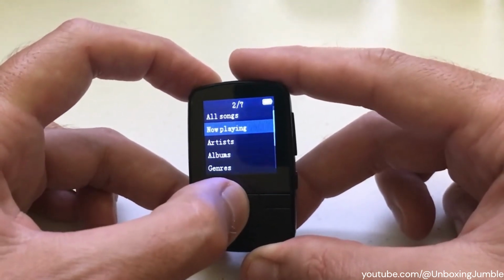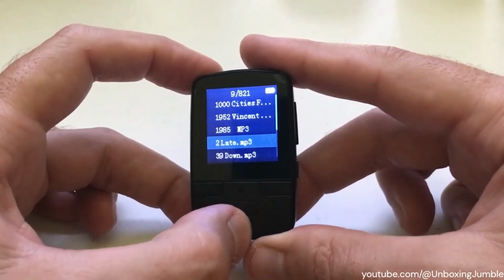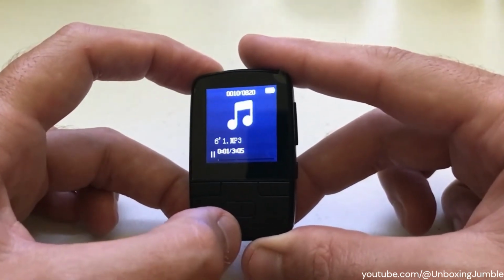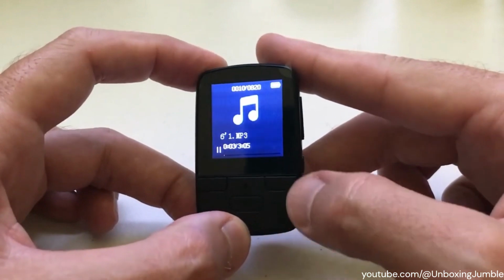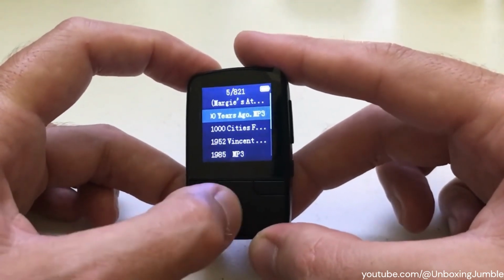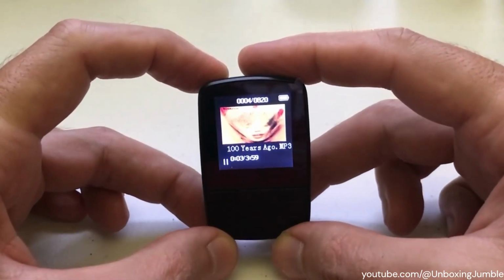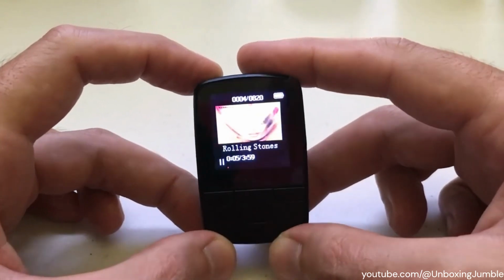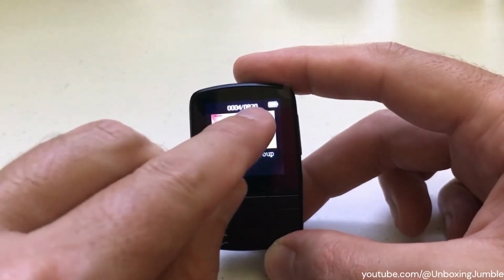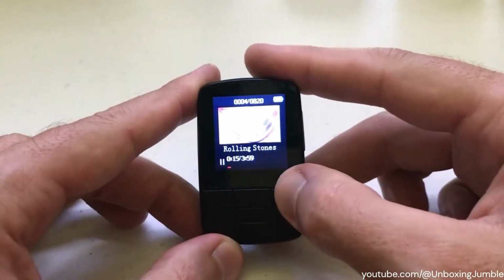I'm going to just go into all songs just to show you. And then you can see a listing of all the songs that you've got on here. If you've got album artwork, it will show the album artwork. So you'll notice on this file, I don't have any album artwork. That's what it looks like. Let me go see if I can find one that actually has it. Yeah, so this song has album artwork. It'll show on the device. I don't know how well you're going to be able to see that, but you've also got a counter up here. This is song number 4 out of 820 that I've got currently stored on my device. Again, I can press the back button,